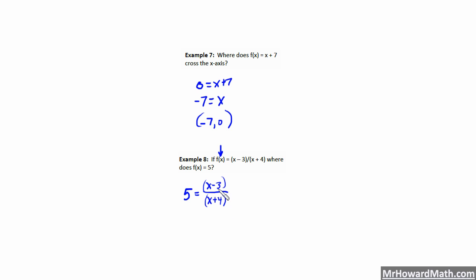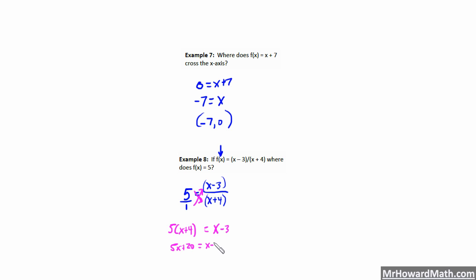So we have a rational expression over here, in other words a fraction, so we can put this one over 1. Now we have one fraction set equal to another, which allows us to cross multiply, which makes it a little faster algebraically. So we have 1 times x minus 3, that's just equal to x minus 3. And then on this side we have 5 times the quantity x plus 4. Don't forget it's 5 times the quantity x plus 4, so we distribute inside here, and we get 5x plus 20